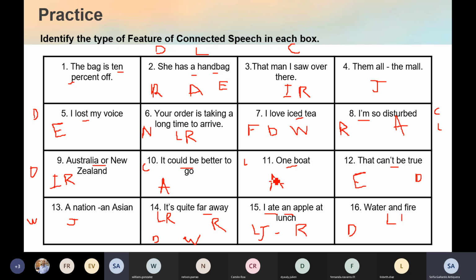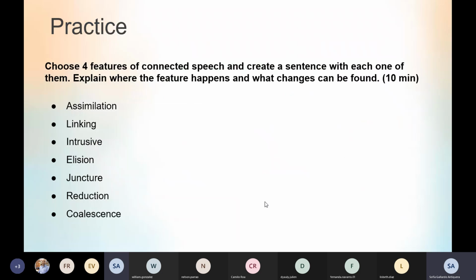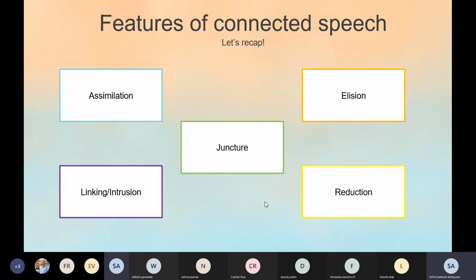So was it difficult? What do you think? I think we just have to study the content we have seen before. Yes, I think the same. I agree with you, because sometimes it's difficult to remember the content exactly, and it's a lot. So yeah, that makes sense. But try to practice this. You could create random sentences and practice and try to identify the features that you can find. We don't have enough time for another practice, so that's okay.